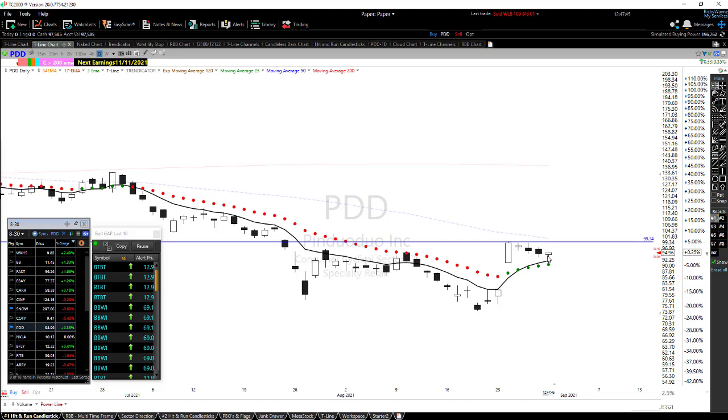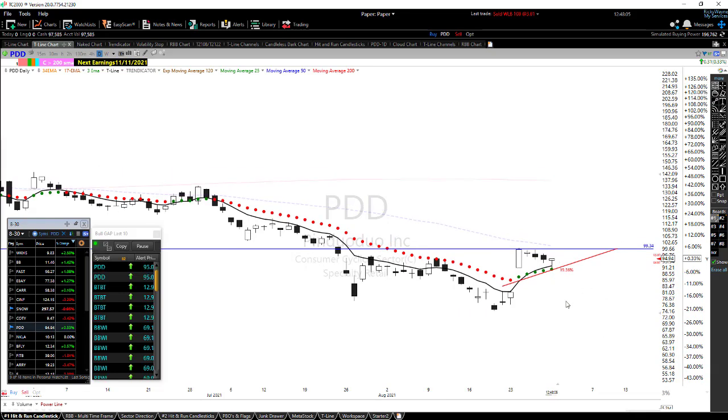So 0, 1, 2, 3, 4. We're definitely in that category. And then I want the T line to be above the 17. What that is kind of doing is building a type of trap or a type of wedge. This is what it looks like right there.